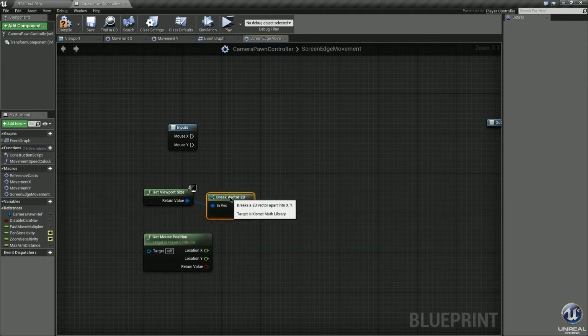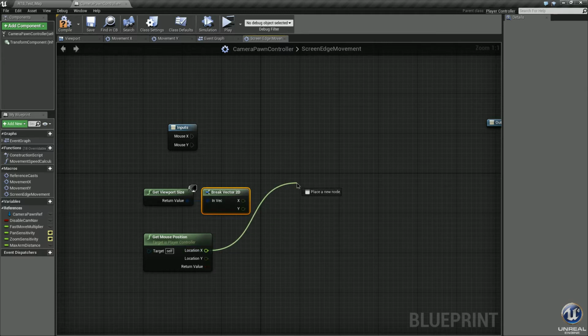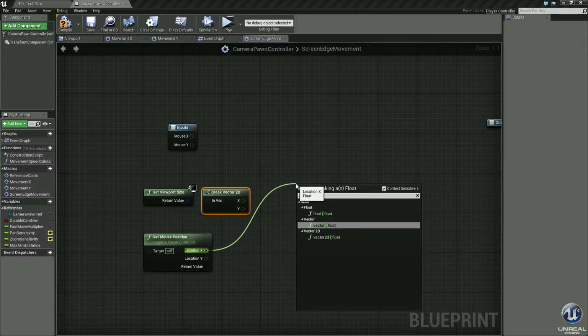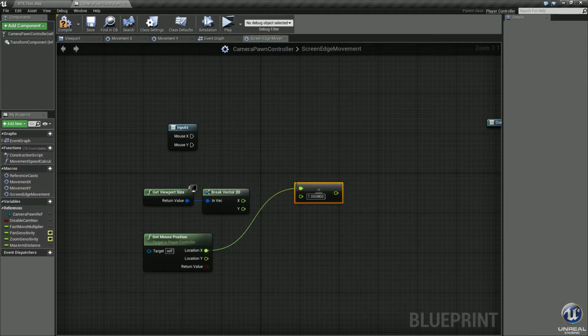So off of these, we need to do some division. Go ahead and put the location X. Drag off of this one. We need to divide our location X, float by float, by the X of our screen.